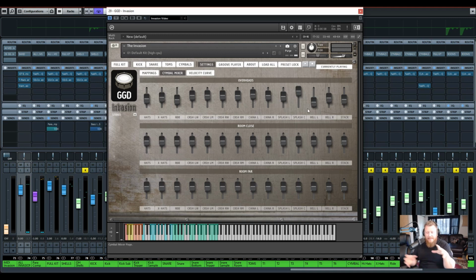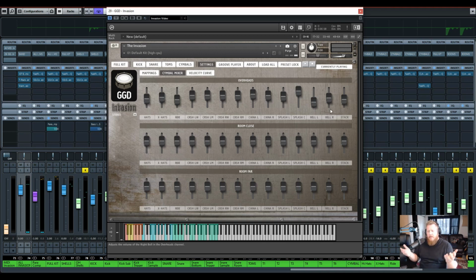So you have the balance of the effect symbols, the hi-hat, and the ride individually like that, but to be more specific, in the overhead section, you can blend in more or less hi-hats. You can add the 2 splash cymbals. You can see that I turn the center splash cymbal up louder,